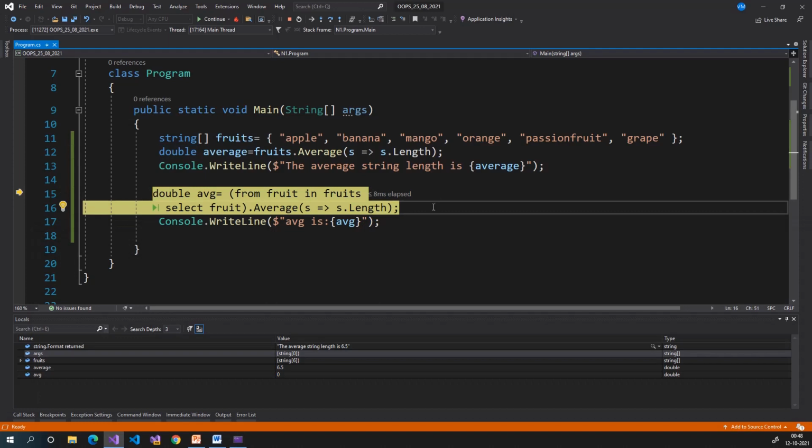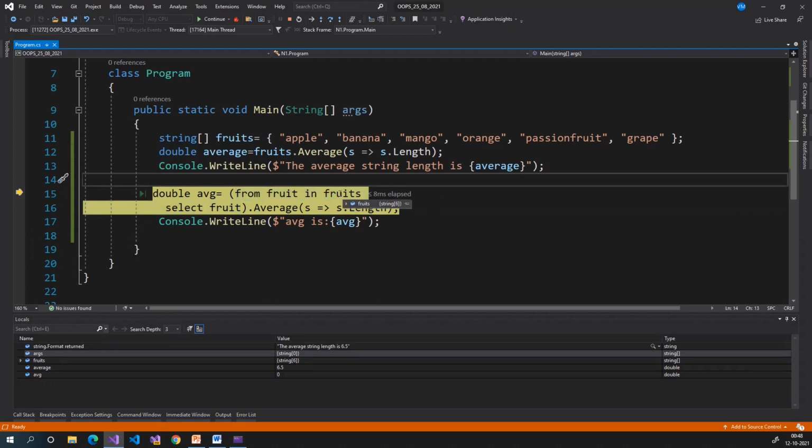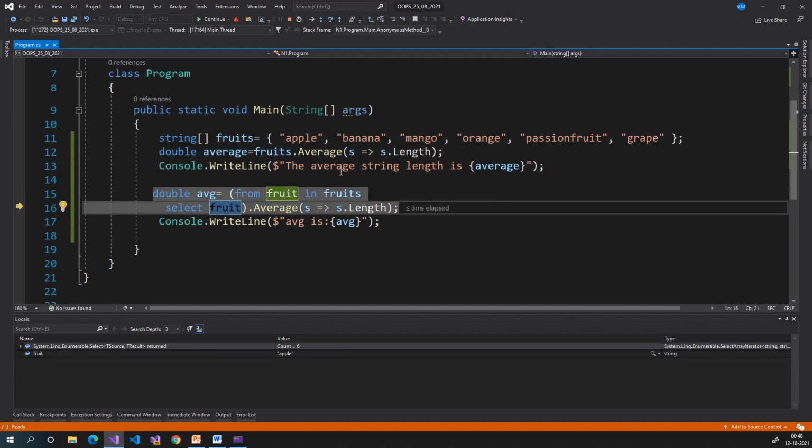Now we'll discuss query syntax. Here we have all the fruits. This fruits contains 6 values. We'll get one by one string value. Later we'll apply the average function on those strings. F11. Here first we are getting apple. Later we get the length of that string. So apple length is 5. Later F11. Next string is banana.